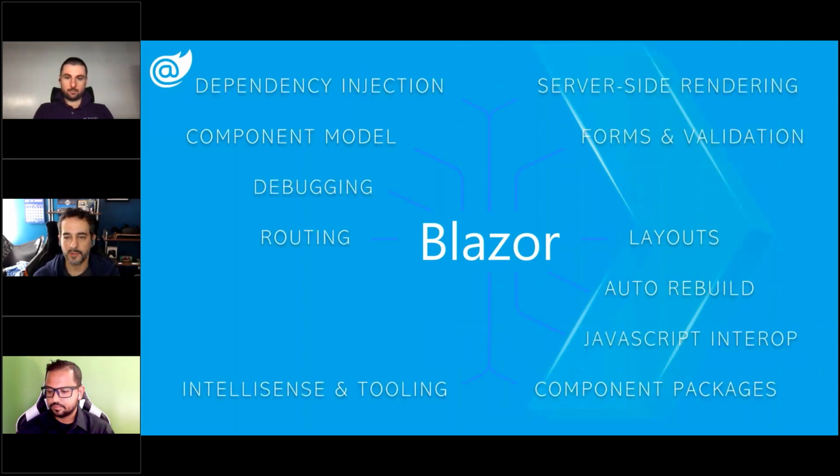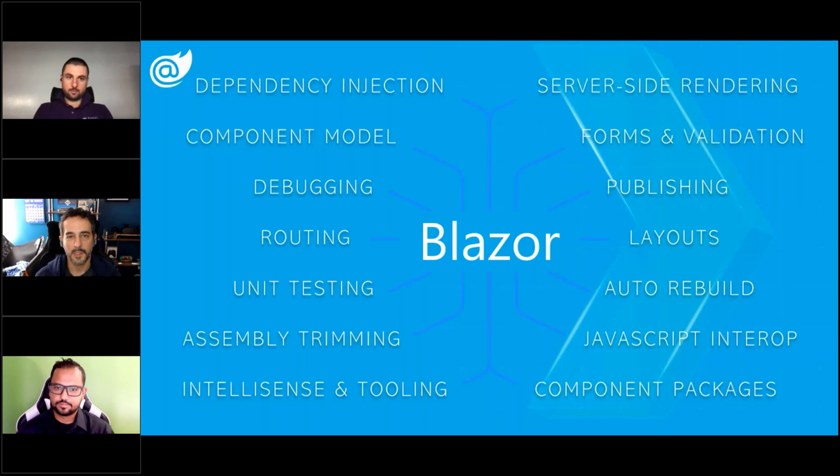And Blazor is kind of an end-to-end solution for web UI. It comes with the same dependency injection model that we get with MVC and pretty much any .NET Core application. The component model is super robust and easy to use. It's way easier to develop components, in my opinion, than it is to develop components for MVC and Razor pages. HTML helpers and tag helpers, while they're pretty intuitive, Blazor is just one of the lowest learning curves I've seen as far as component development goes.